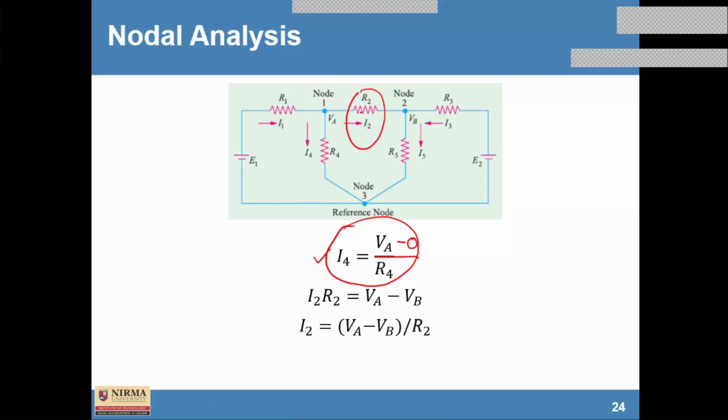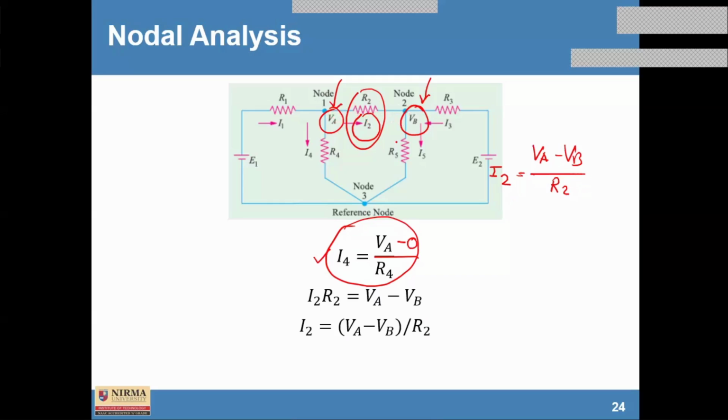And what is the value of VA and VB? So based on this voltage by total resistance, VA minus VB upon R2, that is equal to I2. So we can write an expression of I2 because there is a potential difference. यहाँ पर और यहाँ पर potential difference होगा. अगर potential difference नहीं है, then the voltage between these two terminals is 0 and current will not flow. To flow the current, we should have the difference in potential at the two different nodes.